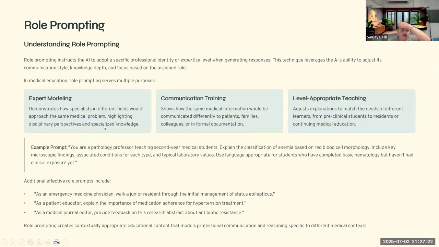Then role prompting. This is very interesting. Role prompting is that you tell it what your role is. Behave like a professor of pathology teaching second year medical students, or act like a counselor, act like a psychologist, act like a forensic medicine specialist, act like an anatomy teacher. I mean, you just give it that you are an expert in something,